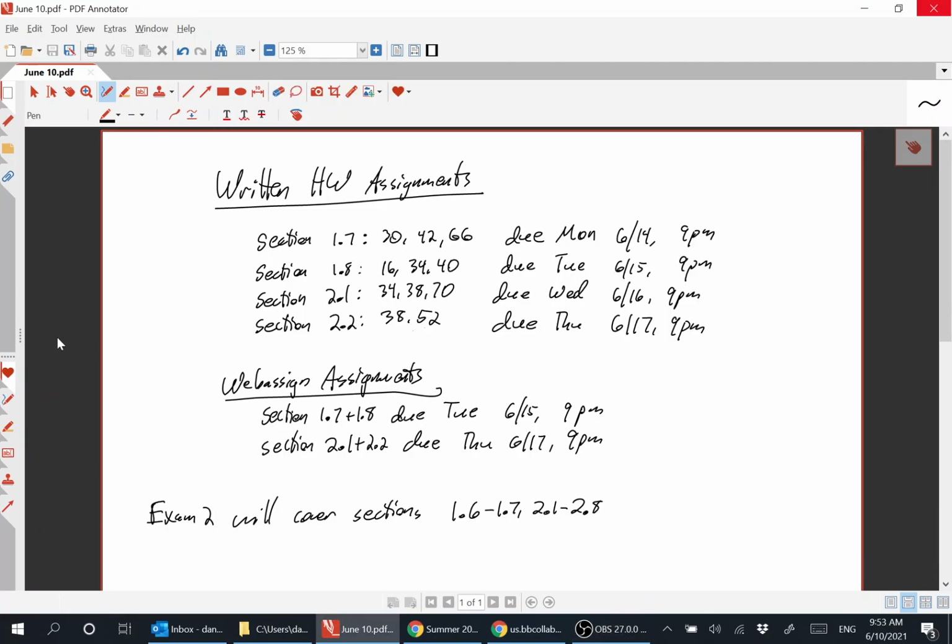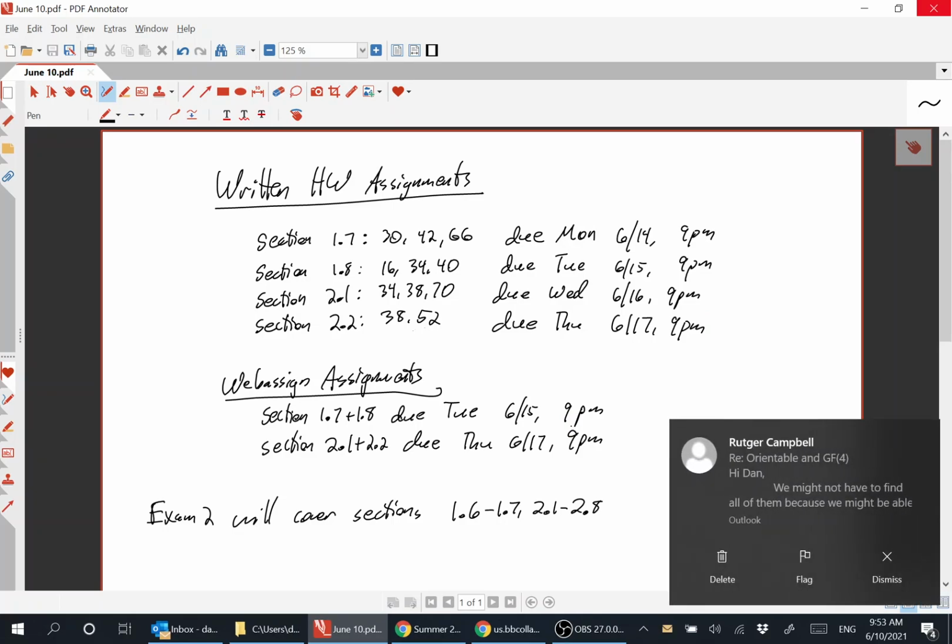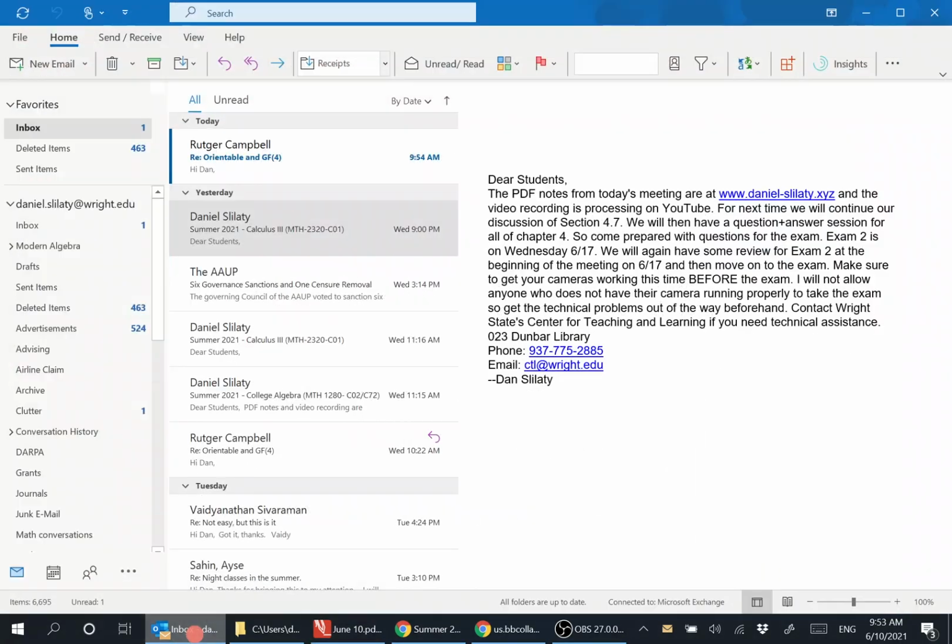This is the current list of assignments. So 2.2, that's a new one I just posted today. That's a short one. That'll be due on Thursday next week, and the web assignments we have up to 2.2, and